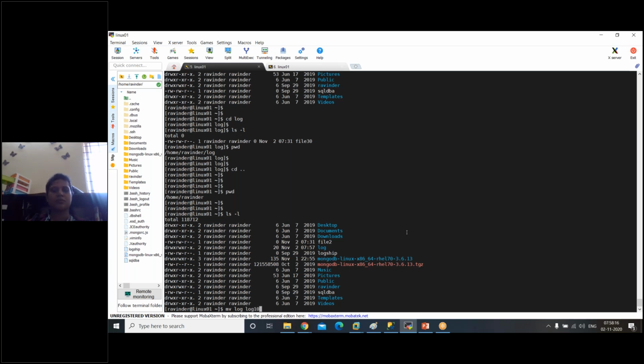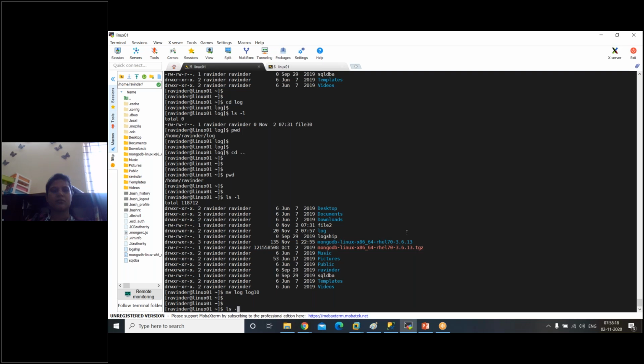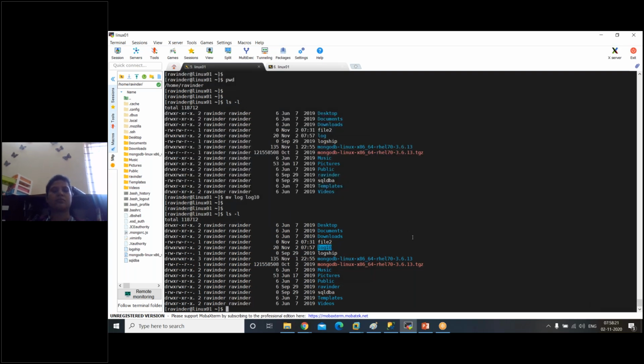I'm renaming it basically. So the log directory became log 10. You can rename the directory, you can rename the file, whatever you wanted to do. Even in Windows, if you wanted to rename, right click and rename the file or directory. Both will work in the same way. Same in Linux also. If you wanted to